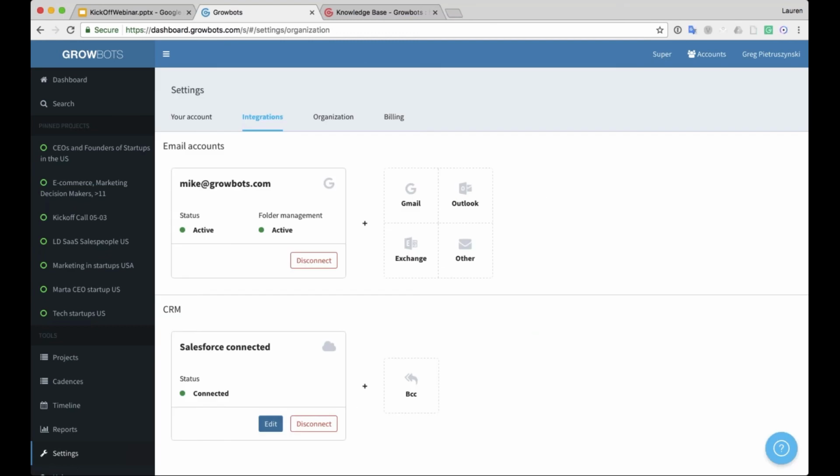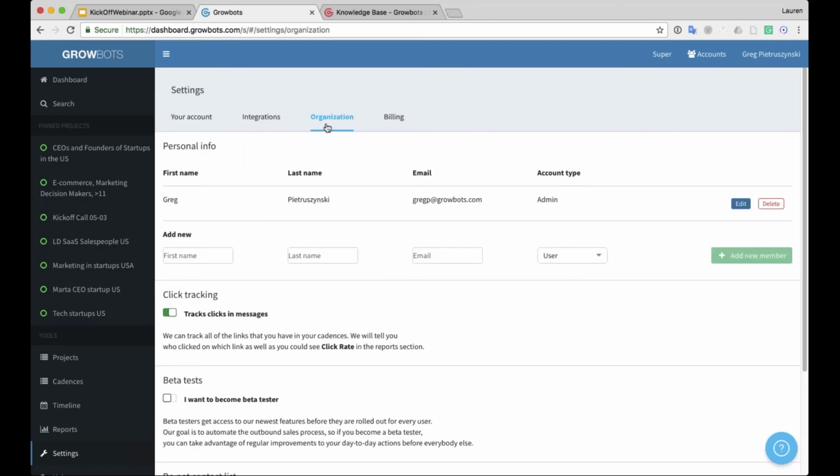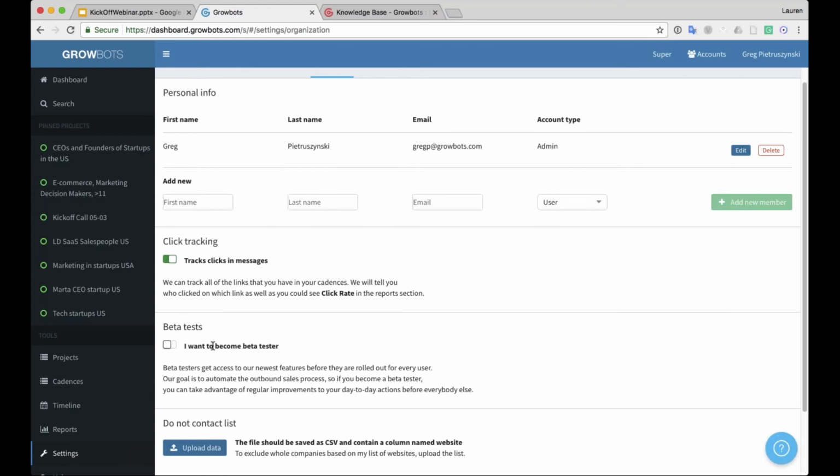If you are an admin for your account, you will see this organization tab. The organization tab is where you are able to add new users. Additionally, it is where you will manage whether or not you want to track clicks in your messages. So if you plan to utilize a lot of links in your email, which isn't always advised, I highly recommend